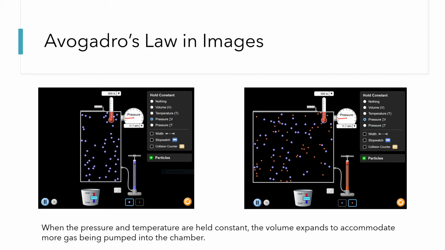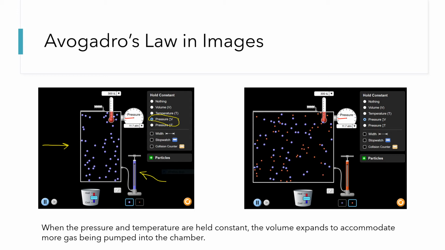In this slide, I'd like to illustrate Avogadro's law visually, and the image over here on the left-hand side just shows the gas container, and I set some settings over here. I asked it to hold the pressure constant. I could only have it hold one thing constant at a time, and I'm not doing anything that's going to affect the temperature, so I just figured, let's let the pressure be held constant. In this image over on the left, I pumped the pump one time, and so I got one pump's worth